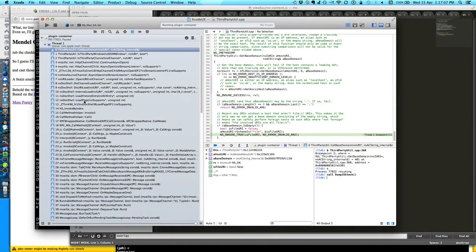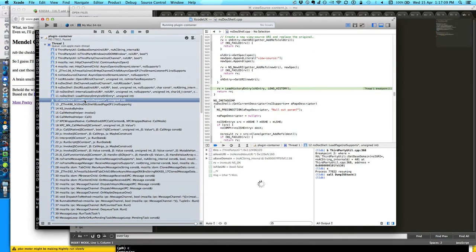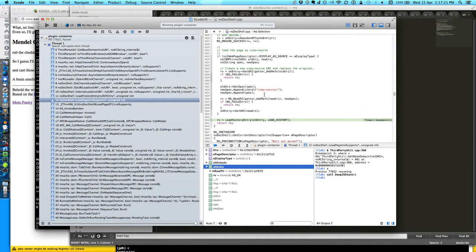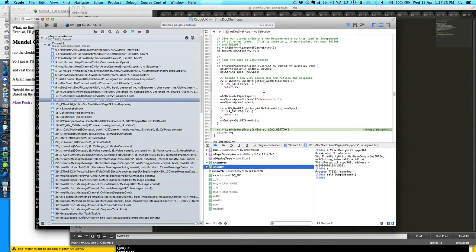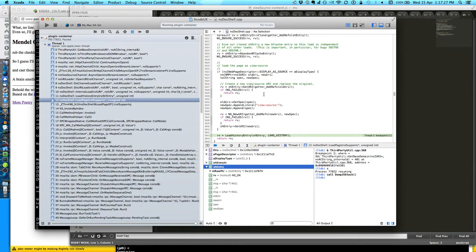Yeah, it's right here. We call load page, and what are we passing in? We have an SH entry. Yep. And with load history, I guess. So we must have gone through here, I assume,